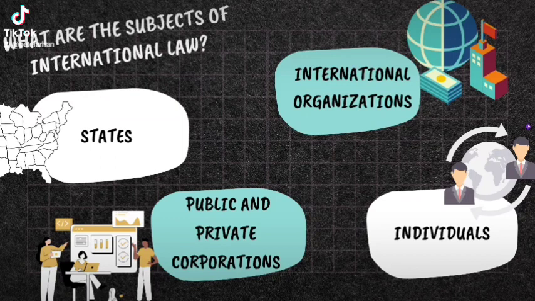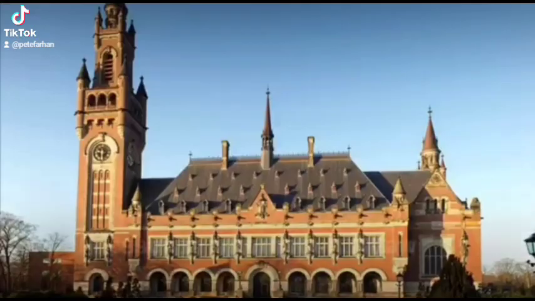International organizations are tasked with participating in resolving violations of international law. The third is individuals. There are some cases where it is possible for individuals to bring a case internationally to the International Court of Arbitration. And the last one is public and private corporation. A multinational corporation owns and controls other corporate entities in at least one country aside from the place of incorporation. Therefore, a multinational corporation is established in more than one nation.